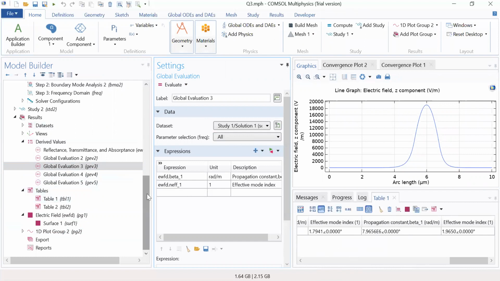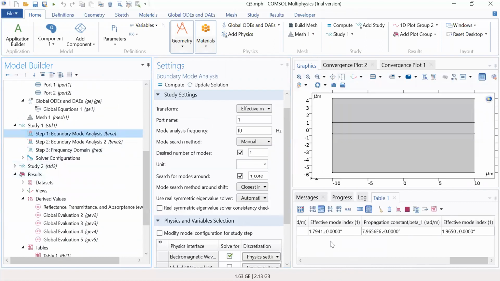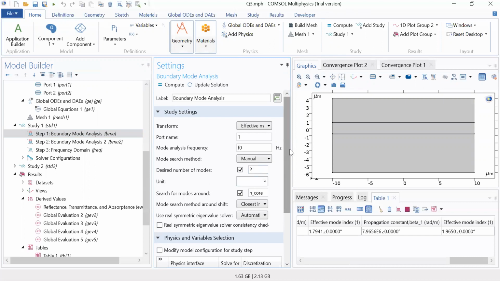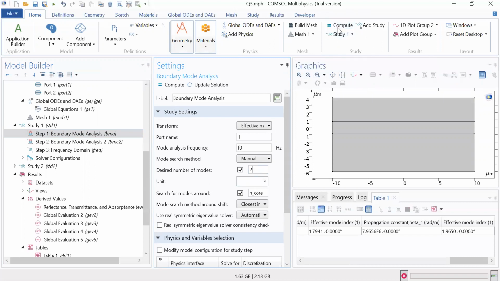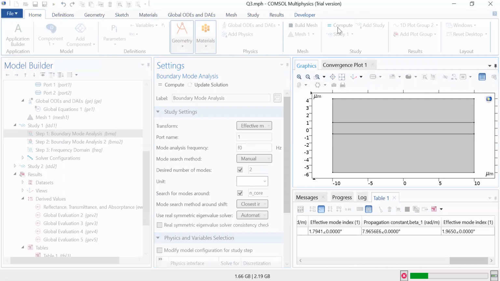We will see that in this asymmetric waveguide the propagation constant will decrease very rapidly, which shows that as we further increase the number of modes, the corresponding energy will leak out very rapidly, as the propagation constant is decreasing very rapidly. As I increase the value of the number of modes, you will see how the propagation constant and effective mode index value go decreasing.